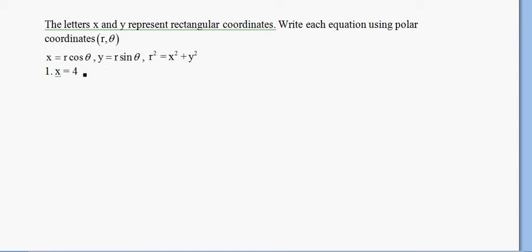Okay, so we're going to convert rectangular graphs or equations into polar forms. So this is just a vertical line on the Cartesian plane, and it'll also just be a vertical line on the polar plane. It's just obviously going to be a different form because polar has r and theta as its two parameters. So x is equal to 4,